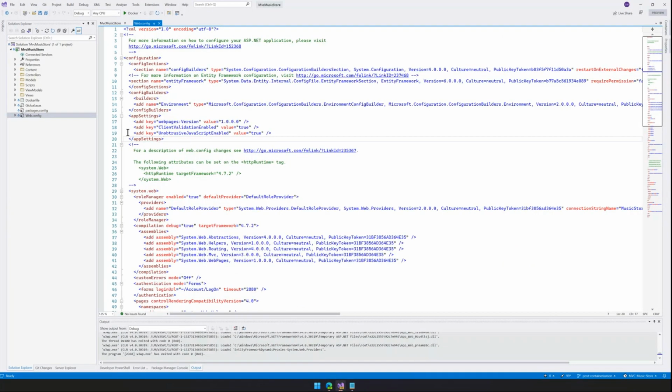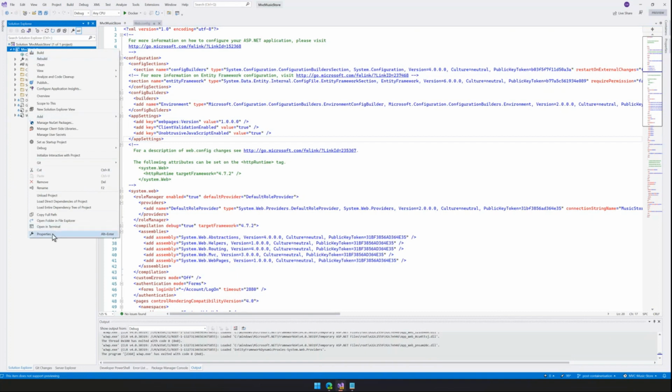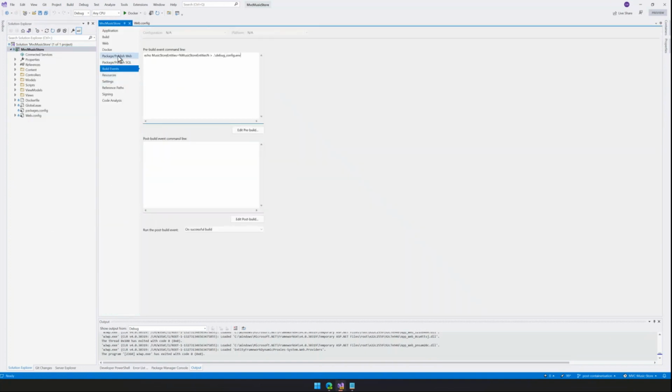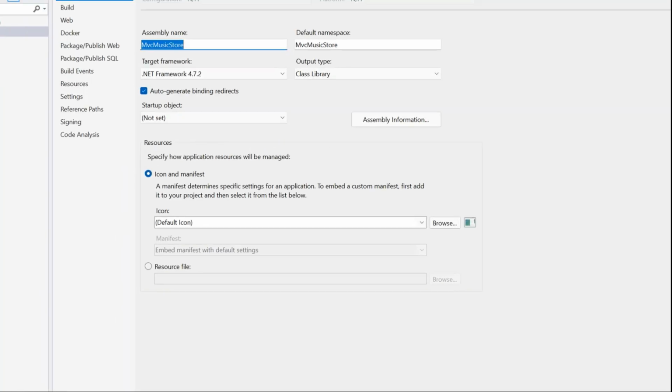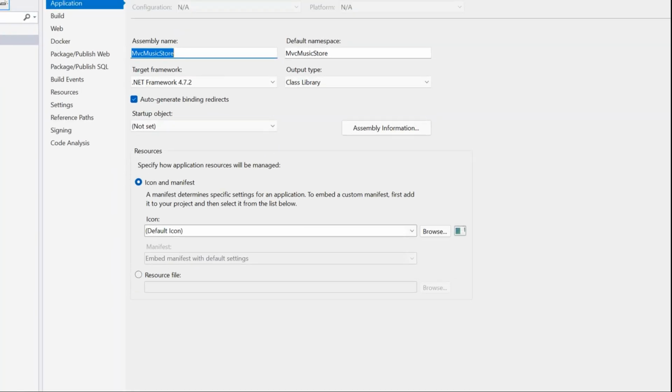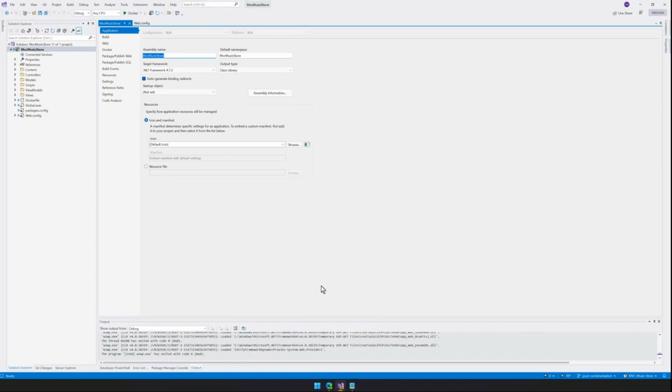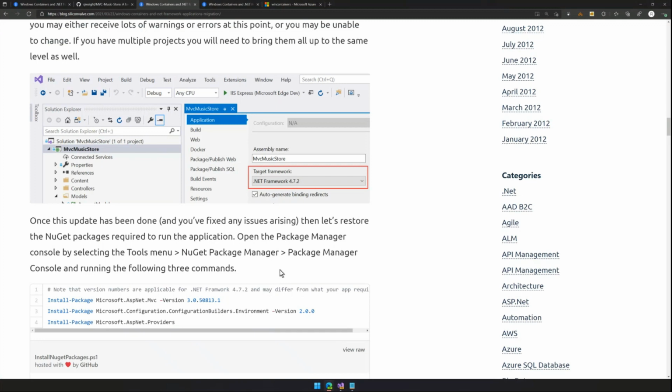If I show you what that looks like in the app I've got here, this is a different release of the one that you've got there in my, actually 4.7.2. Okay, I stand corrected. So you can see that there, 4.7.2. You do need to obviously have that target framework installed on your machine to be able to rebuild to it, but I'm guessing everyone knows that if they're working with .NET on a day-to-day basis, you can't just magically choose a framework that you don't have available on your machine.